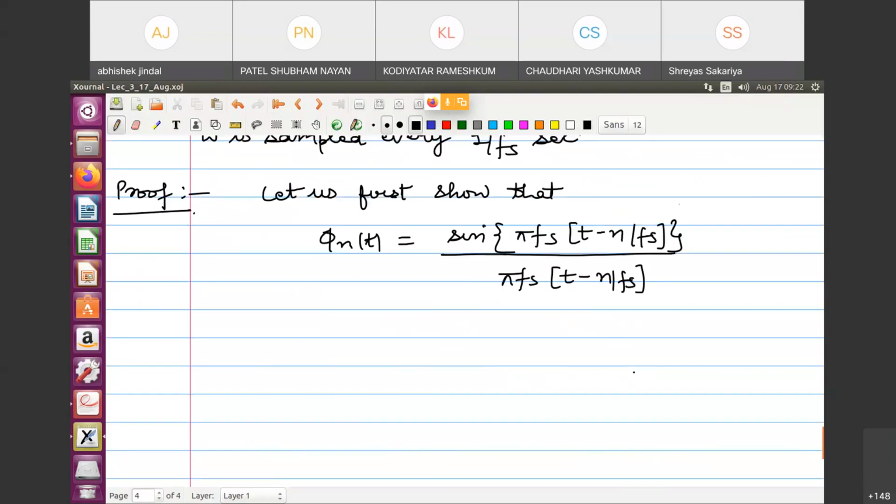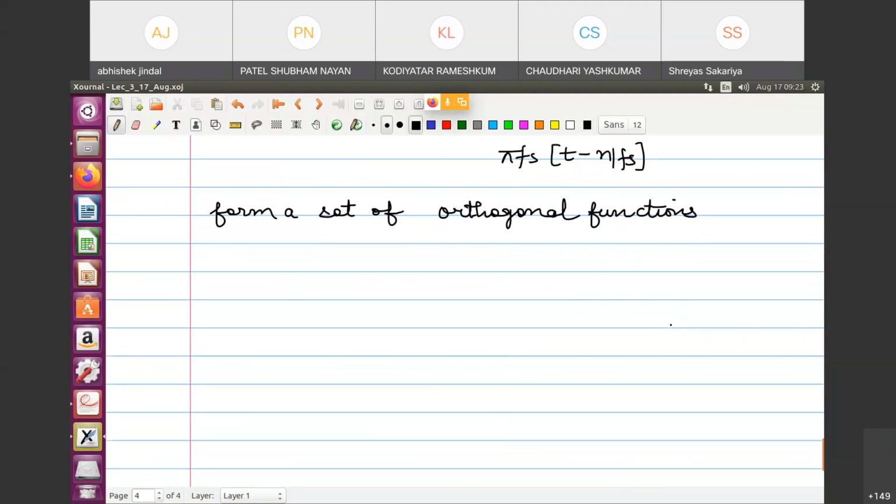Okay. Let us first form a set of orthogonal functions. Okay. For this,